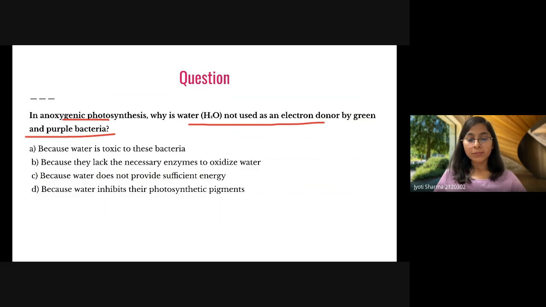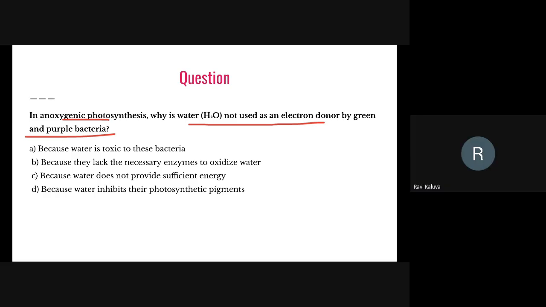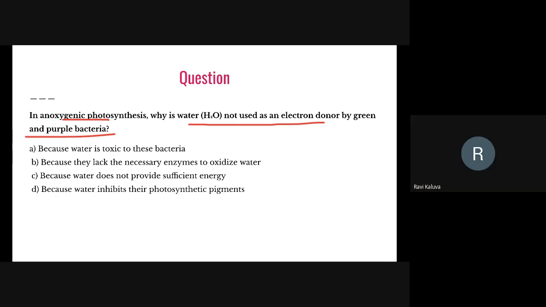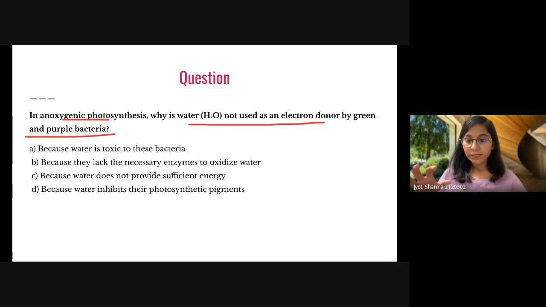What do you think? Why are these bacteria not utilizing H2O, but they are utilizing hydrogen sulfide? So just imagine, we have billions of bacteria, and if these billions of bacteria are giving us oxygen as the byproduct, then the environment will be enriched